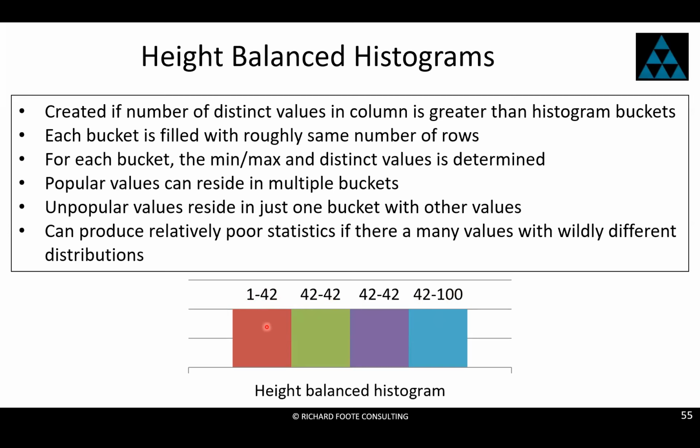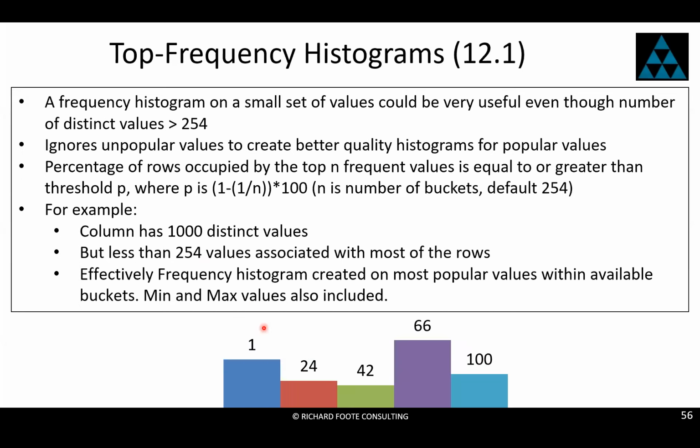I might actually have a hell of a lot of 10s. Most of this data could be 10s, but Oracle's going to treat it as only being 1/42th because I could only get the information that there is within a given bucket. Now, to fix some of the limitations of height balanced, Oracle with 12 onwards has introduced 2